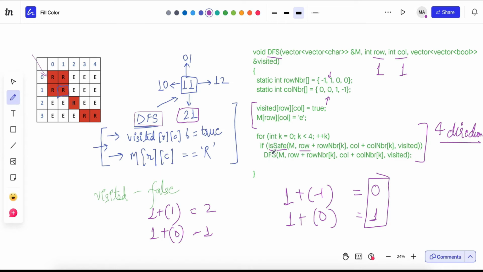Now, what is this isSafe? Say we are picking this particular column; the allowed directions will be only up and right, and we cannot move left or down. So if from 3 0 we want to move to the left, it will be 3 and -1. This is not allowed, this is not safe. It will give you an out of bound exception. So in this isSafe function we check that we are not hitting an out of bound exception and that the cell is not visited. It does not make sense to move to E, so we check in this function that it is still R. If it is R, then only we move.